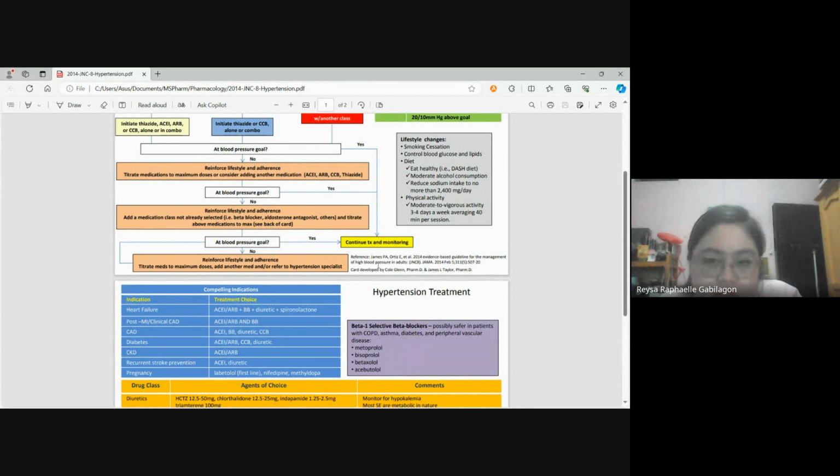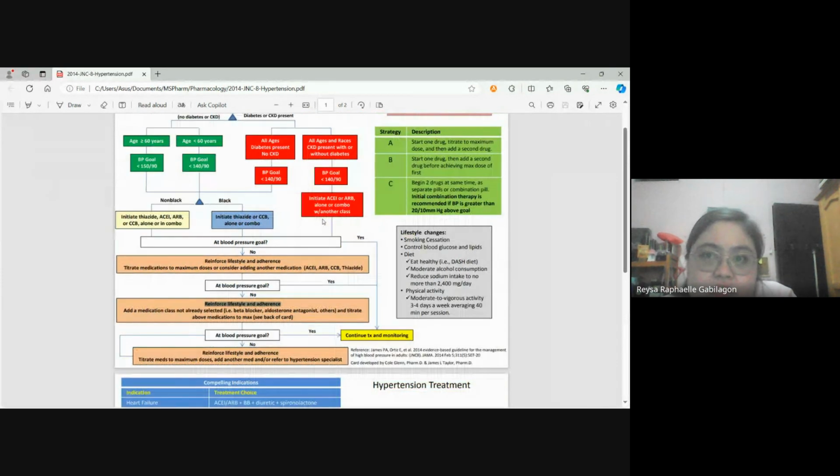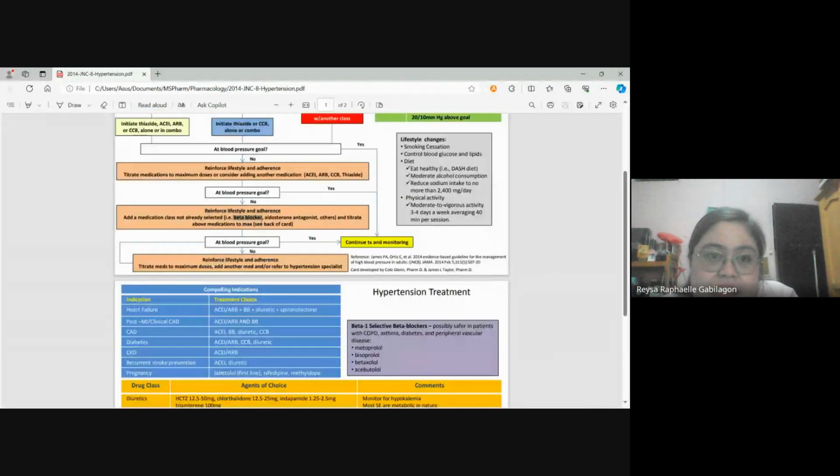If the goal is met, then continue. But if not, then the same thing. Reinforce lifestyle and medication adherence and add another class of drug. Okay? So these drugs are not actually mentioned above, the initial drugs of choice for our hypertension. So you may consider adding a beta blocker or an aldosterone antagonist and others that Ma'am Jessa presented a while ago. And then we may titrate the medication dose to maximum. If after that our blood pressure goal is achieved, then we may continue treatment. If not, reinforce again lifestyle and adherence, and then again titrate medication to maximum dose and add another medication,